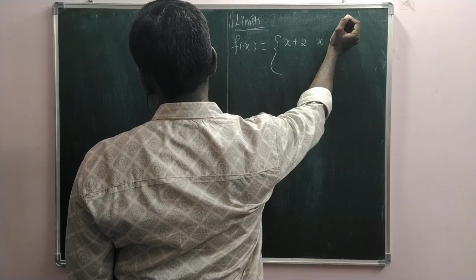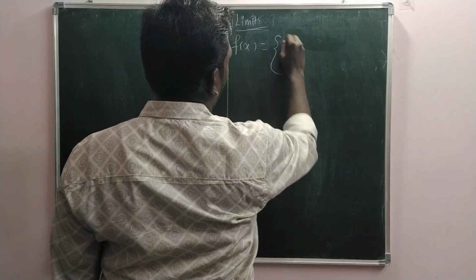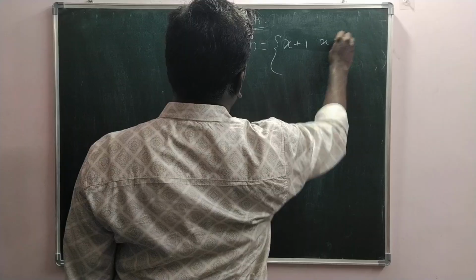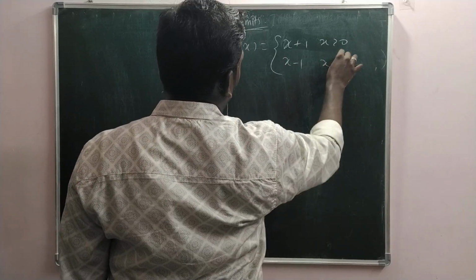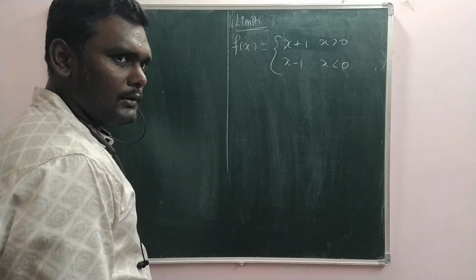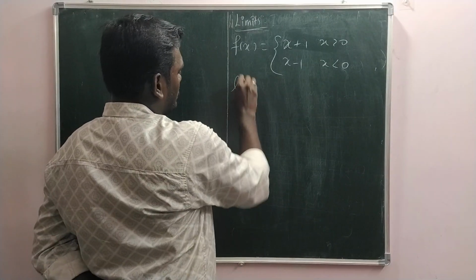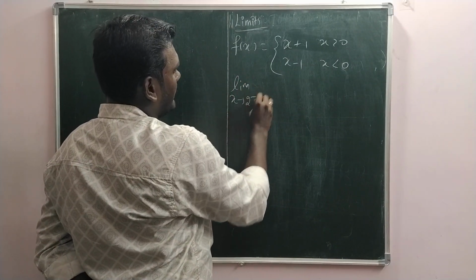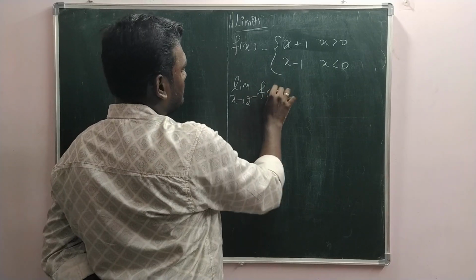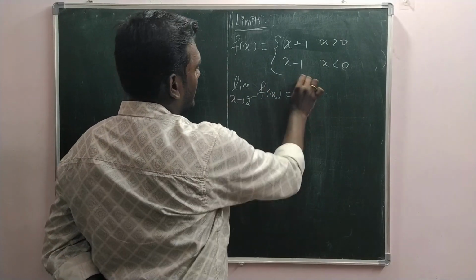Wait. Sorry, my bad. What about the previous example? x plus 1 when x is greater than 0, x minus 1 when x is less than 0, right? We spoke about the point 2. So limit x tends to 2 minus. 2 minus means what? That limit